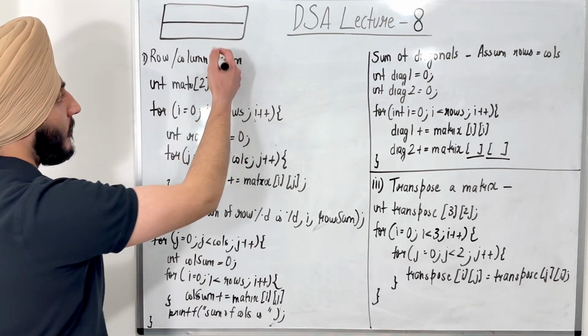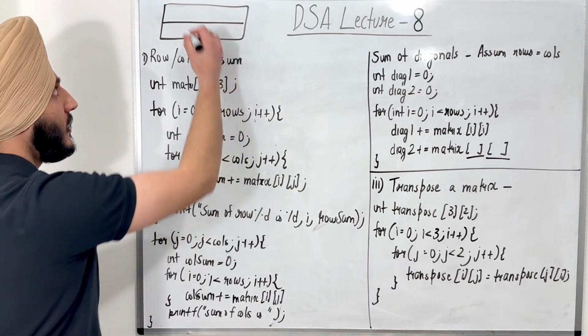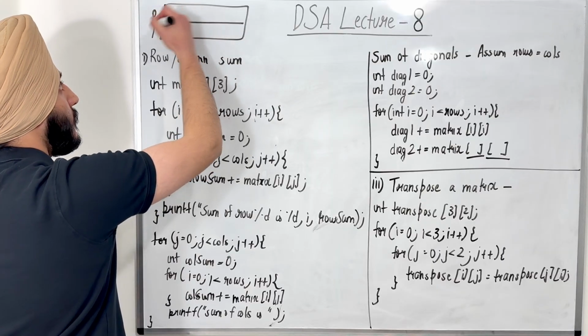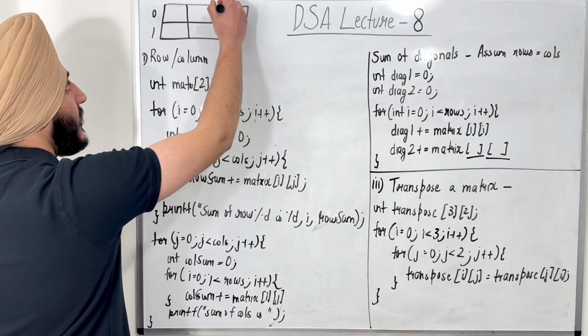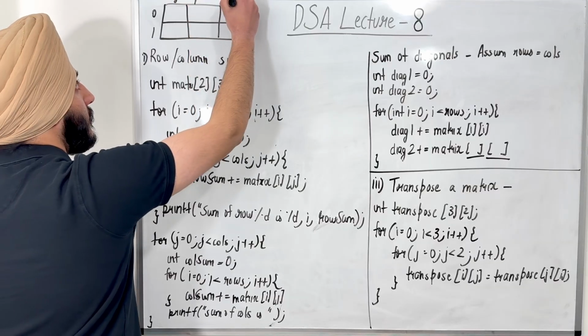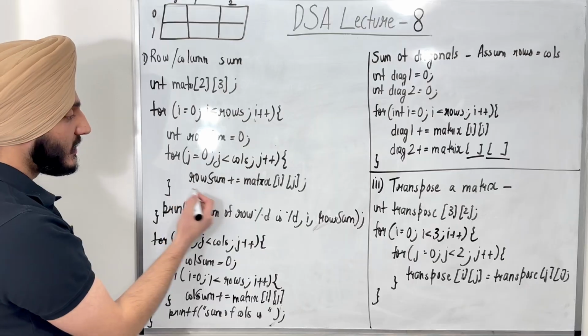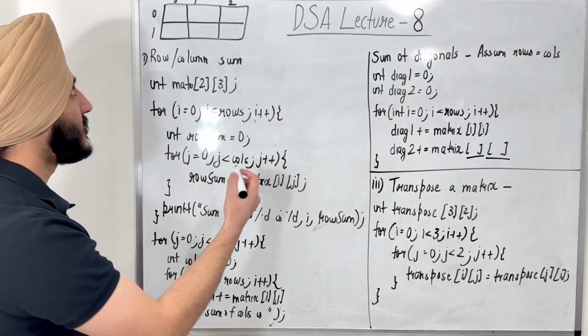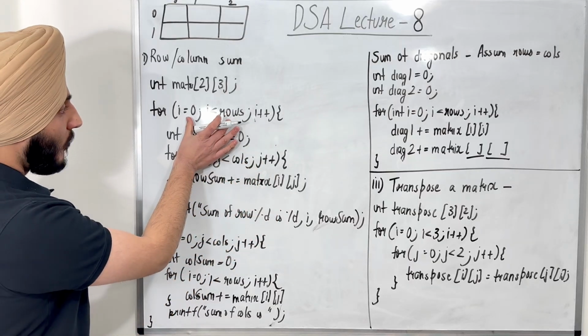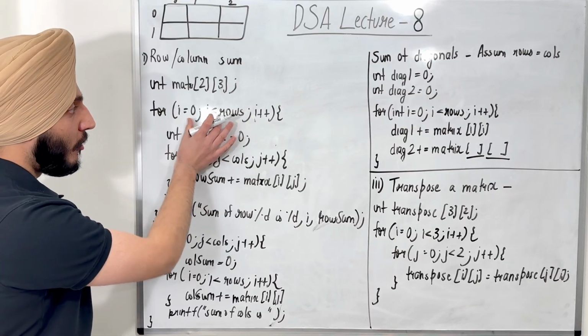So this is what my array kind of looks like. It's 2, 3, meaning I have two rows and three different columns. Point is, this one is printing the sum of the rows. So let's try to understand what's exactly happening, right? This one is going to each row, right? This for loop